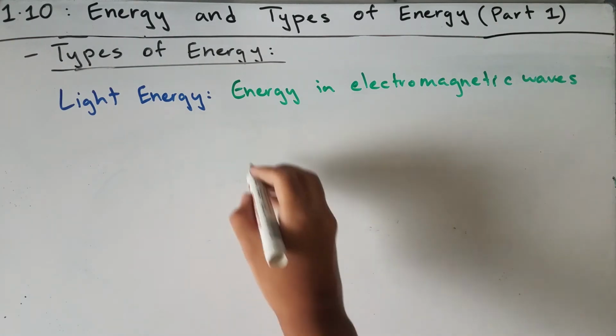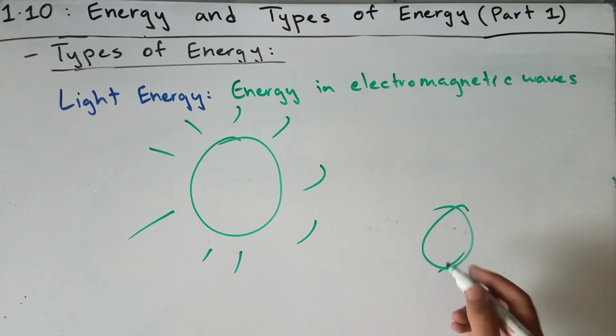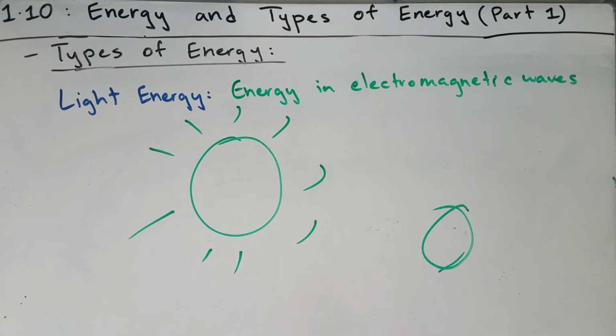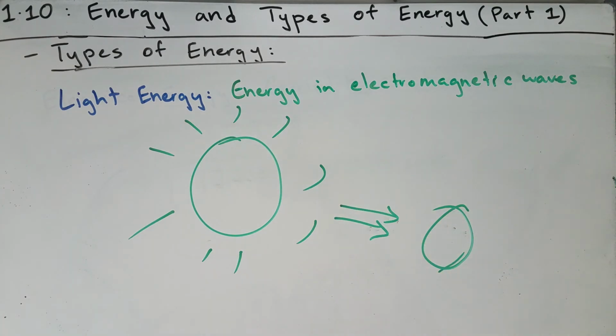Another example of light energy could be from the sun. So the sun is emitting visible light towards the earth and you're seeing that light right now as you look out your window. If it's nighttime for you right now, then you can see that light is being reflected from the moon that is coming from the sun. And if you're in daytime, you can use that light on your solar panels to generate electricity.